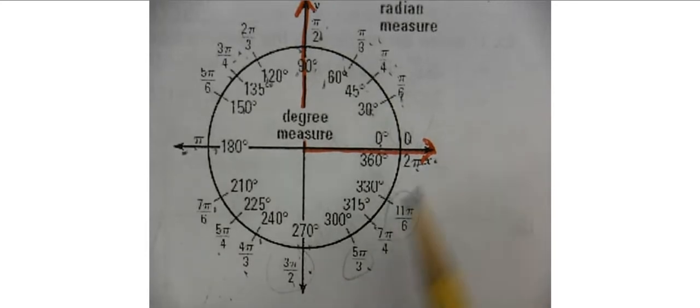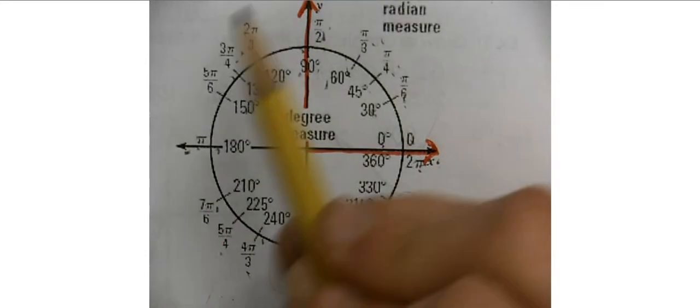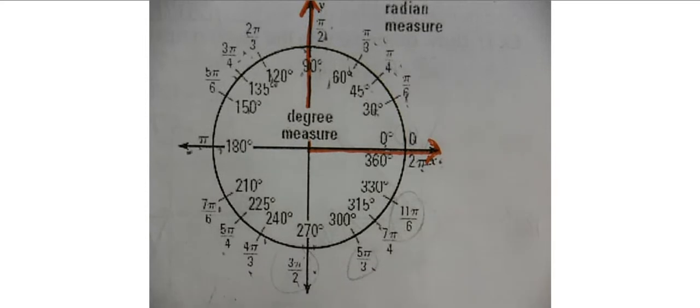So all I did here was just travel around the entire circle, adding however many degrees or however many radians that we're actually talking about. And that's how you identify your radian measure, using a circle. Or you can just work with